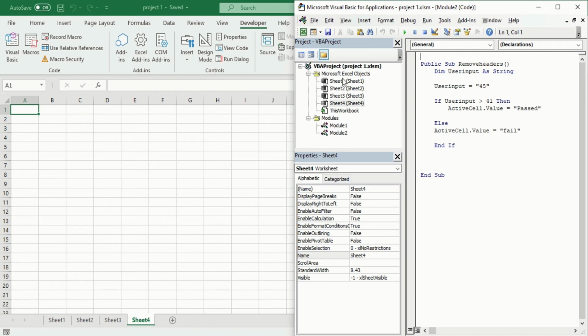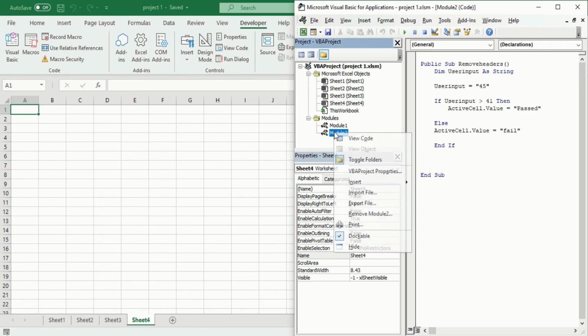Now we will move on to our question of the video, that now we have a fresh sheet. Earlier in my previous videos, I have told you about the sub procedure, user input and everything, how to use the if statement. If you do not remember or if you do not know about them, you should go to my previous video and see how all this happens. Now we will write a new code. That means we have to insert a new module.